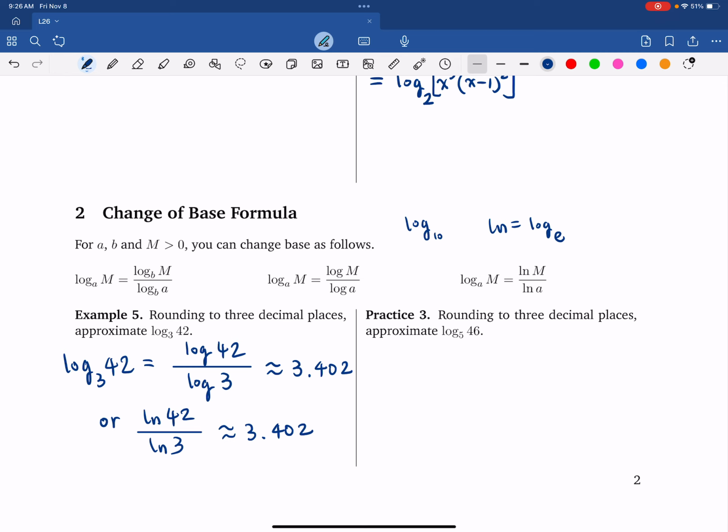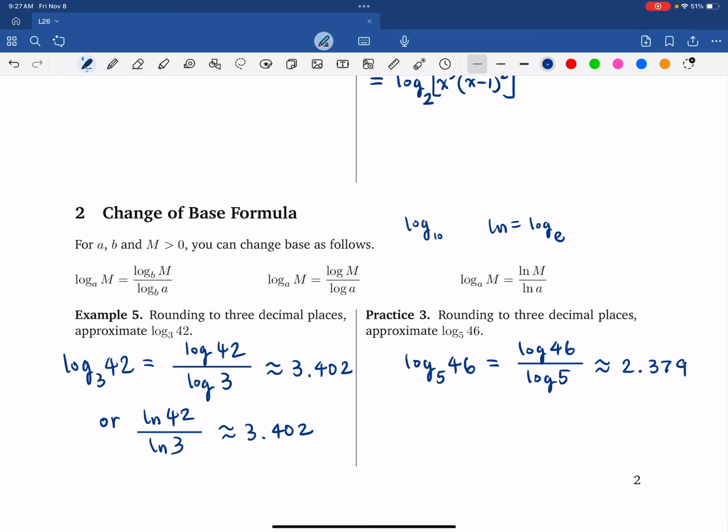All right, let's complete the practice side. You're going to approximate log base 5 of 46. Same thing, you can just keep 3 decimal places. For this one, I'm going to change it to common log. So in this case, it will be log of 46 divided by log of 5. And if you use your calculator, it's going to be approximately